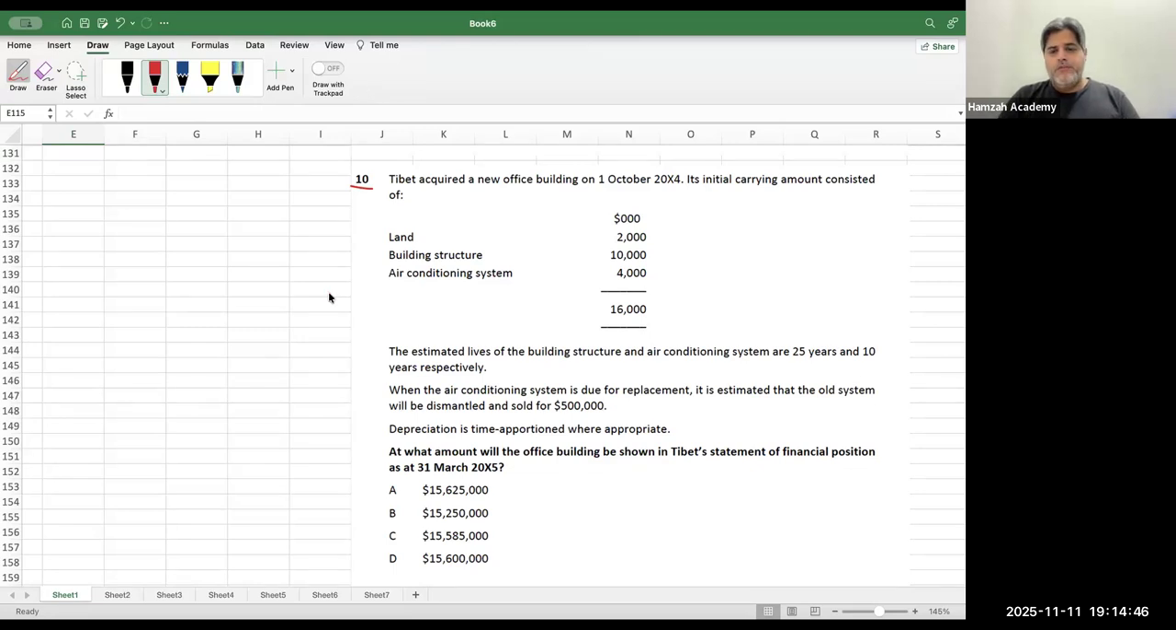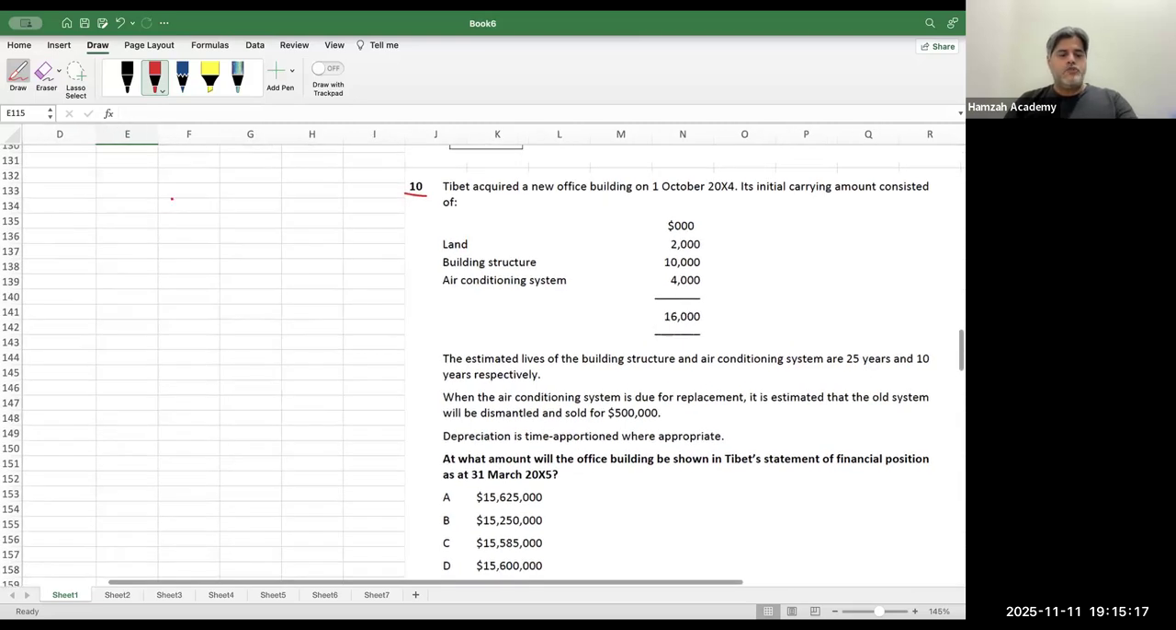Tibet acquired a new office building on 1st October. Its initial carrying amount consisted of the land, building, and the air conditioning. The estimated life of the building structure and air conditioning system are 25 and 10 years respectively. When the air conditioning system is due for replacement, it is estimated that the old system will be dismantled and sold for 500,000. Now, depreciation is time apportioned where appropriate. So, at what amount will the office building be shown in Tibet's statement of financial position at 31st March 20x5? So, we are going to have the land